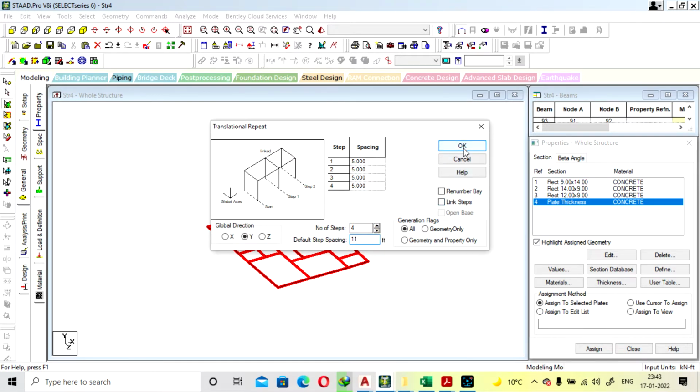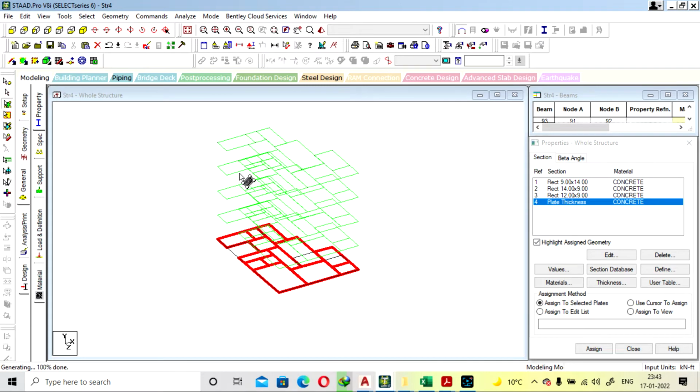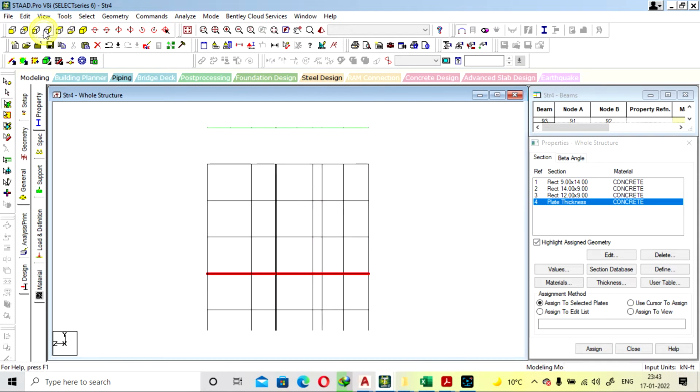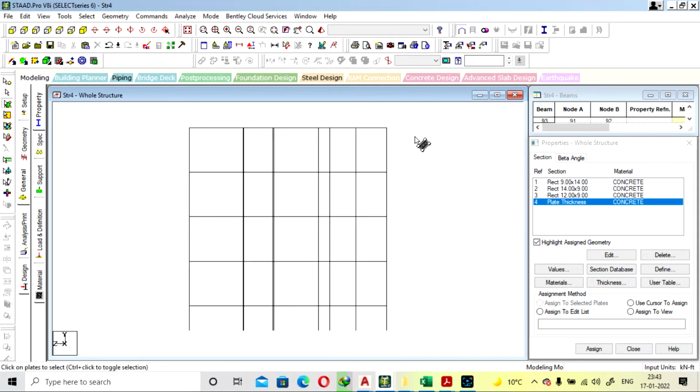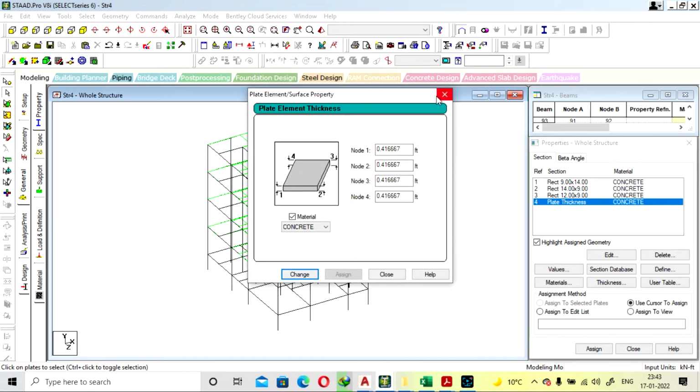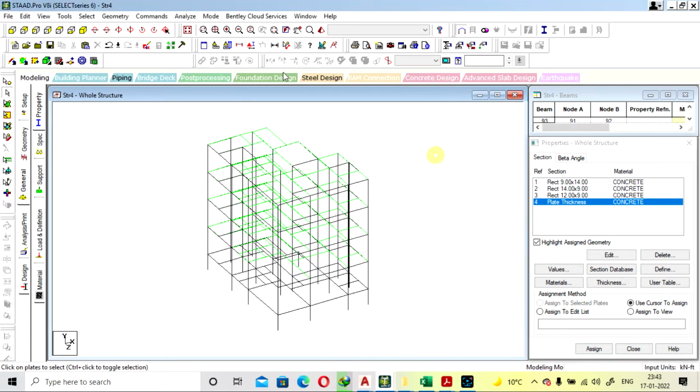We don't have to link any step, so it will copy this to all the floors. Select this and delete. The plate will be copied to all the floors with thickness 125 mm.